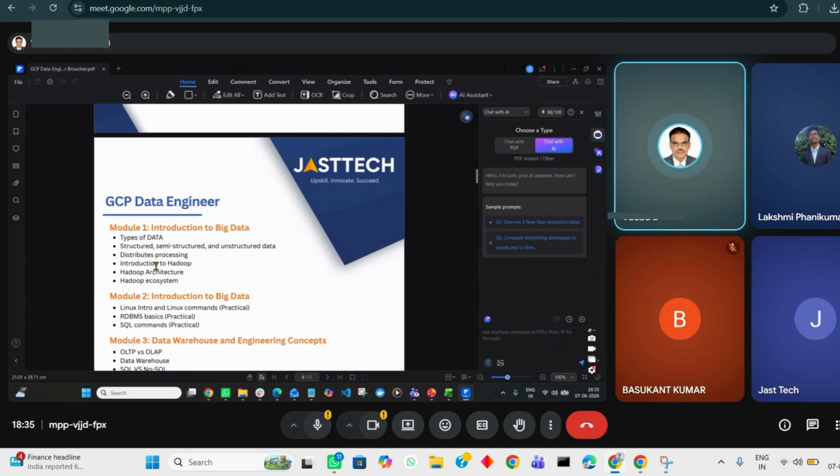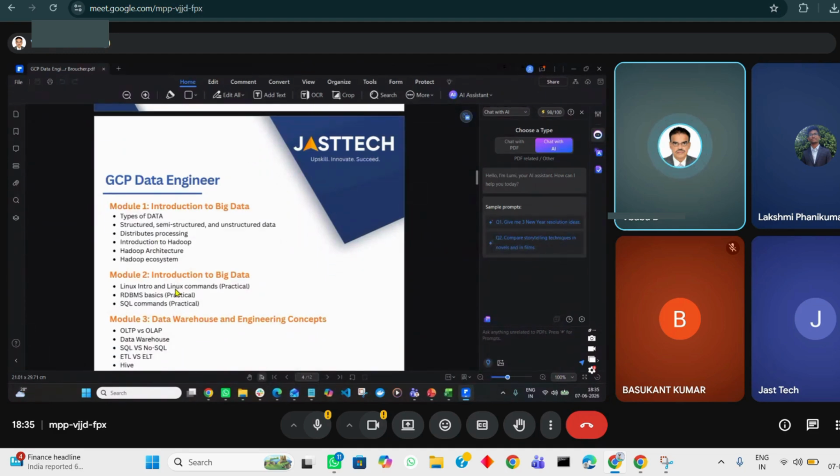Starting with big data. This term has been there for more than 15 years, whenever they came out with Hadoop and Yarn, almost 15 years back. At that time they used to call it big data, and now also it's big data. Mainly it deals with semi-structured and unstructured data rather than SQL data. So we are going to go through foundations, basic principles, even starting with Linux bash scripts and SQL RDBMS, and also some basic foundations for big data. We'll start with Hadoop, and I will compare it with Spark, which is one more big data engine.